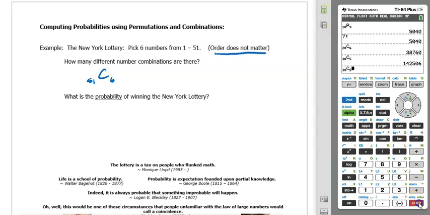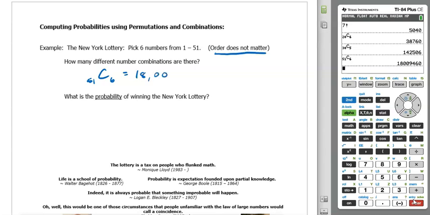We'll see how many different lottery tickets, how many different sets of numbers, there are. We're choosing 6 out of 51, and there are a fair amount: 18,009,460 different number combinations. So the probability of winning, of course,